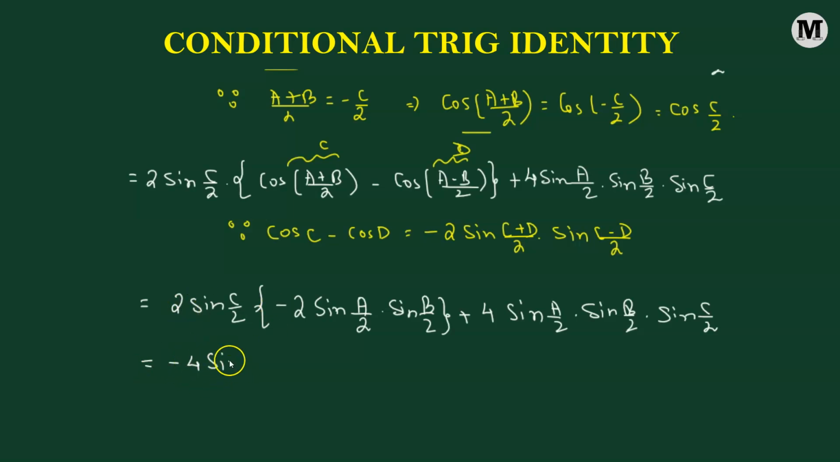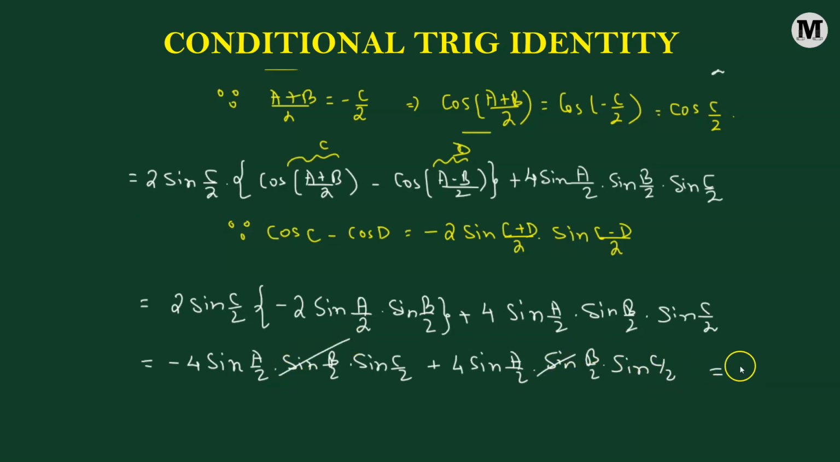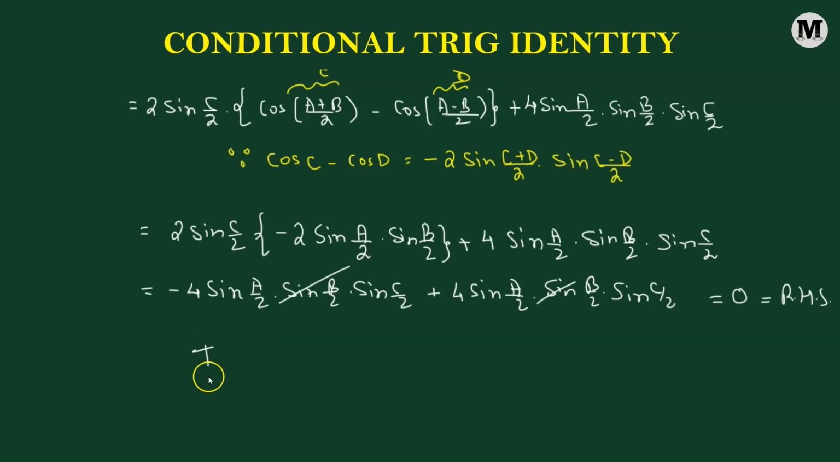So we have negative 4 times sine A over 2 times sine B over 2 times sine C over 2. This gets added to 4 times sine A over 2 times sine B over 2 times sine C over 2. And they are going to cancel out and leave us with 0, which is the right hand side. So we have successfully verified our problem. So we can say thus the left hand side equals the right hand side. Hence